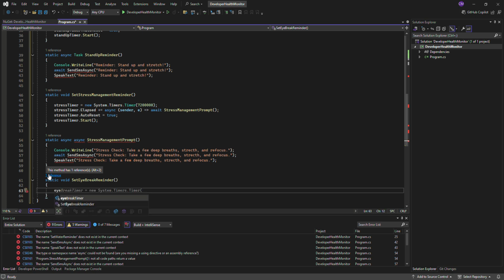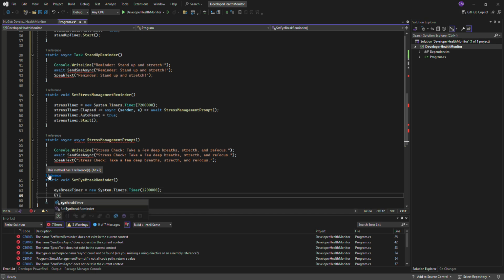So we do the break equals to new system, and as always we set the time. So then the break, we're going to take break every after 20 minutes, because it is important for you to always make sure that your eyes are getting some break, taking it easy. So we do 20 minutes in milliseconds, it's like 120 million. We do 120,